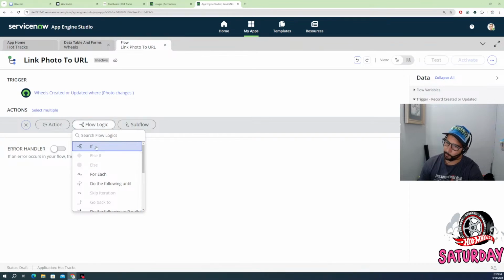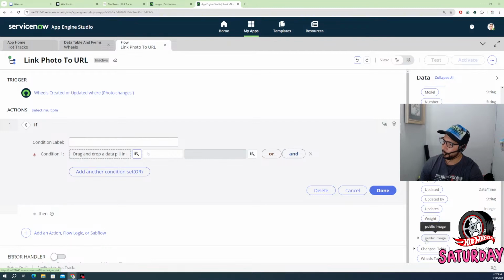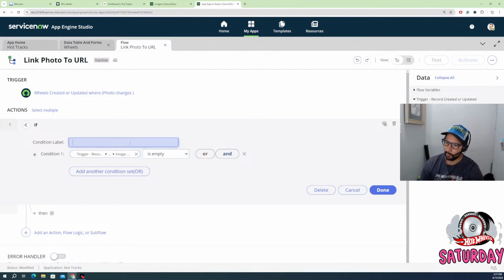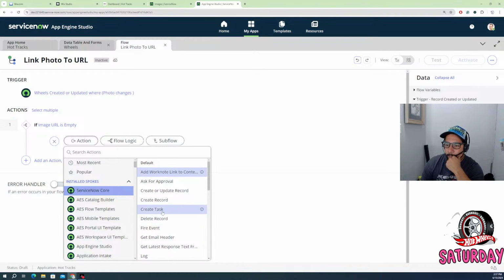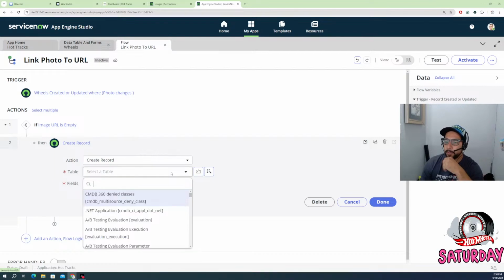Maybe we gotta have an if statement. I'm thinking. I'm gonna say if photo is empty. All right, so let's handle the empty first. We're gonna create record, image,